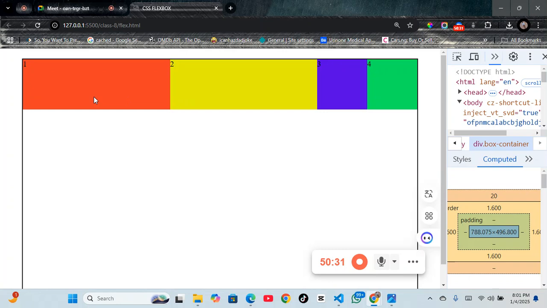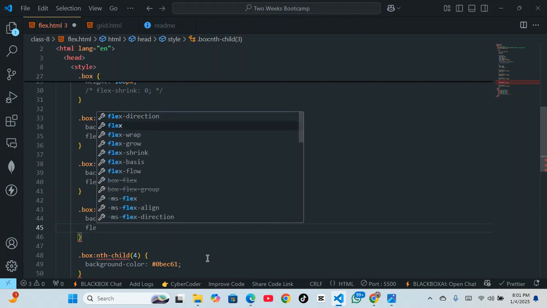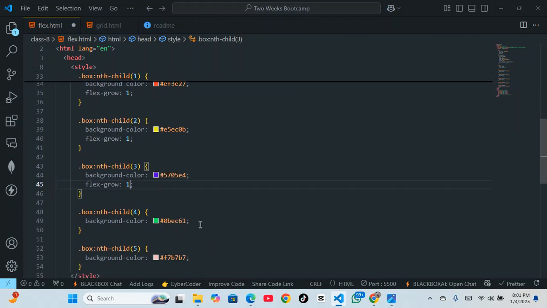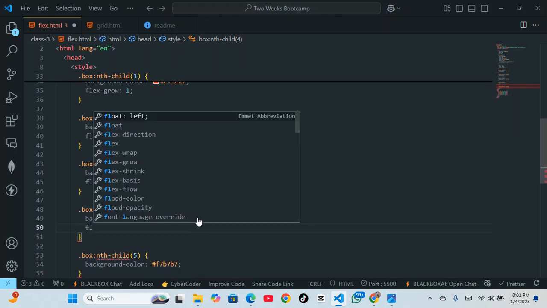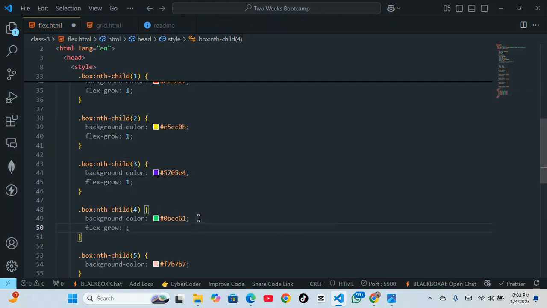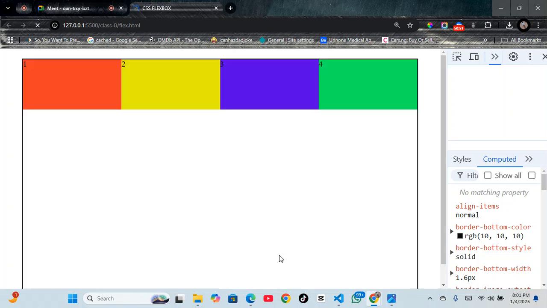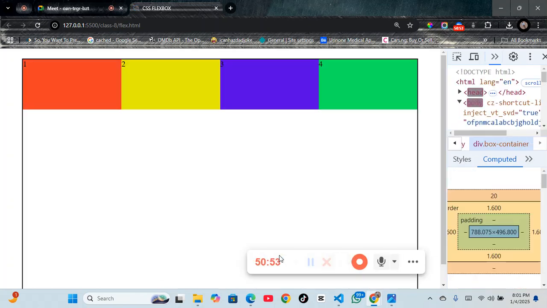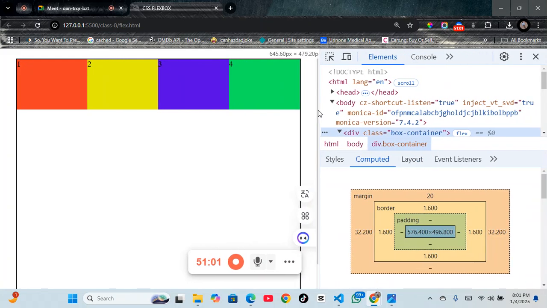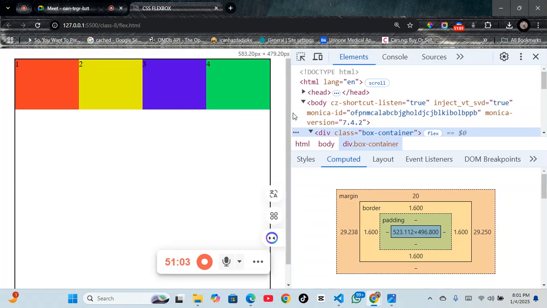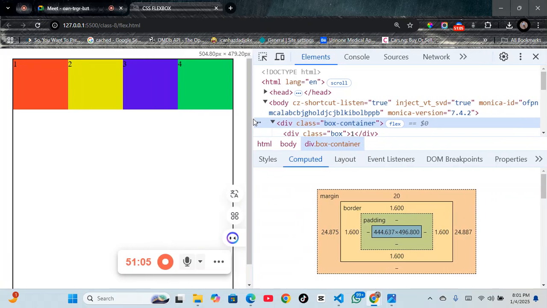I can do the same thing for the other flex items too. I can do flex-grow 1 and also flex-grow 1 as well. So if I save, look at what we have. All items grew to cover the space that is remaining. You see that now? Nice. So even though I shrink this, can you see? When I shrink it, as I'm reducing this, once it's below